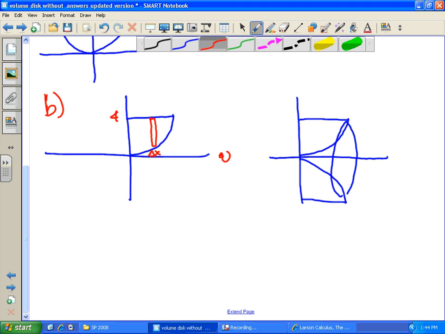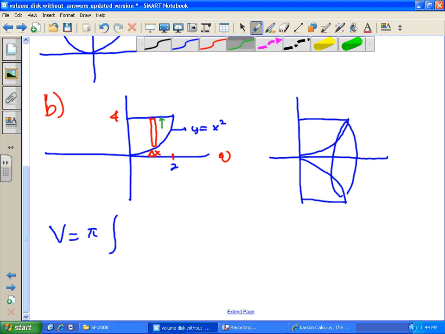Can you also tell me what this point would be if the y limit there is 4? This is the y equals x squared function. What x would correspond to that y? x equals 2, right? Again, because this is your y equals x squared function. Okay, so volume equals pi times. We know we're going to go with the more general formula, the one that says big R squared minus little r squared. Our big R in this case is